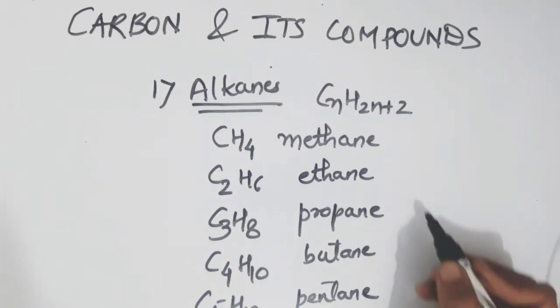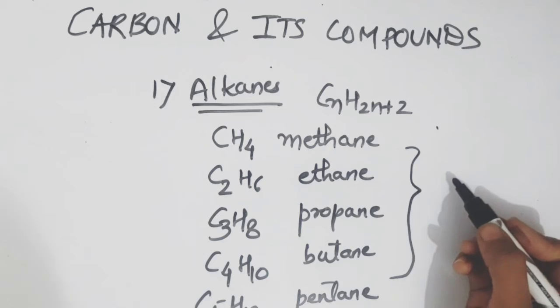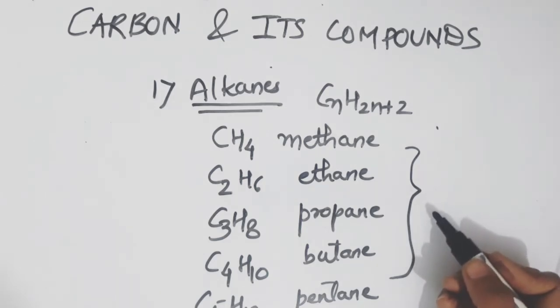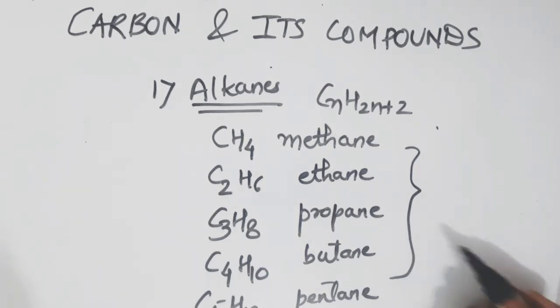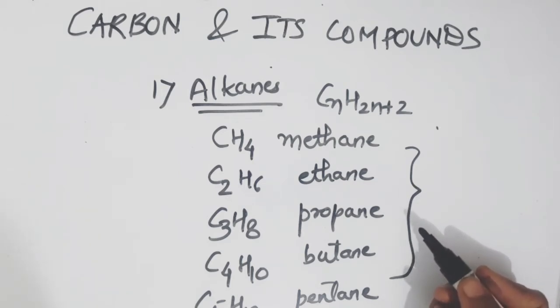Right, so these are the basic alkanes. You can expand this as C6H12 also, then again you can move forward with C7. As you increase the number of carbon, the number of hydrogens also increases. Now these are all alkanes and they are also known as saturated compounds because they have carbon-carbon single bond.